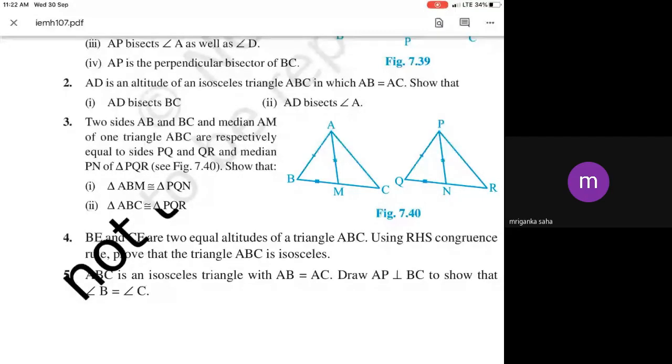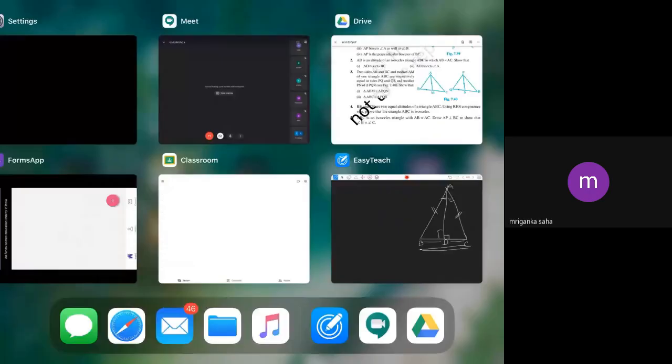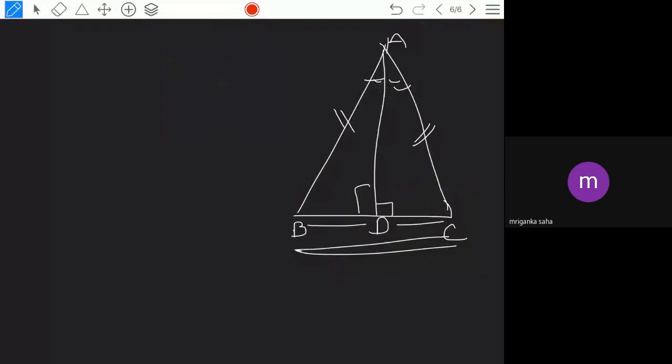Anyone, not only Kavita. A line drawn from the vertex to the midpoint of the opposite side. Simple. Median बोले तो, altitude बोले तो क्या है? These are the lines we call concurrent lines in a triangle. Concurrency is nothing but, which lines are called concurrent lines? Can anyone say? Concurrent lines.